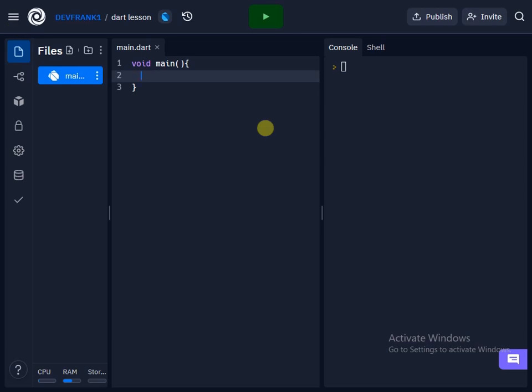Writing our first program is not just a big deal, it's a very simple task. In every programming language, writing a first program is very simple. So in that programming language, I'm going to be showing you how we can write our first program